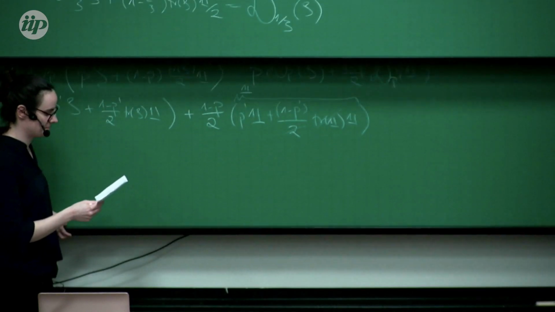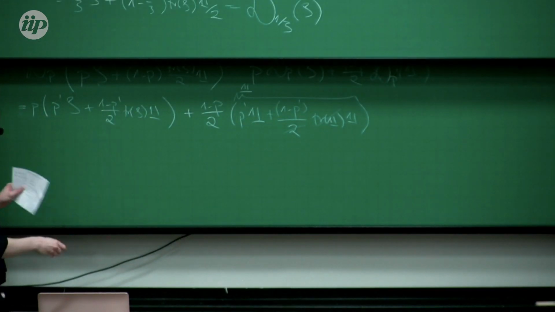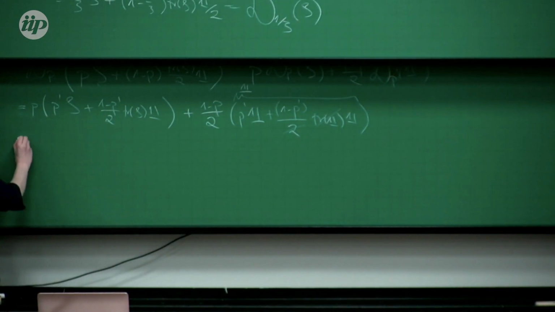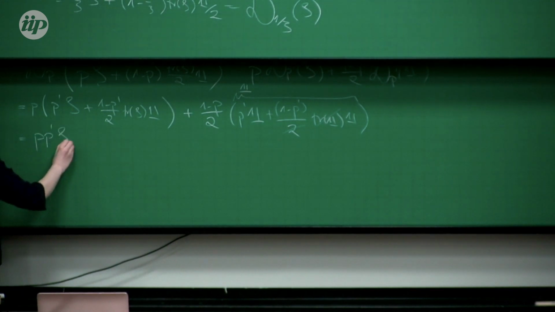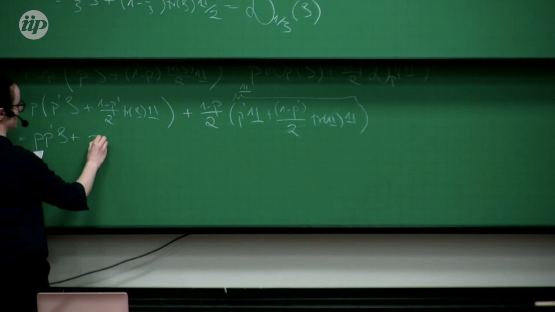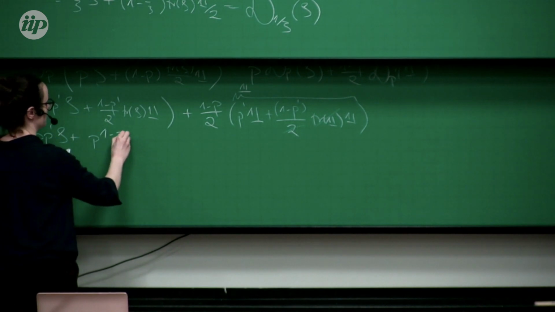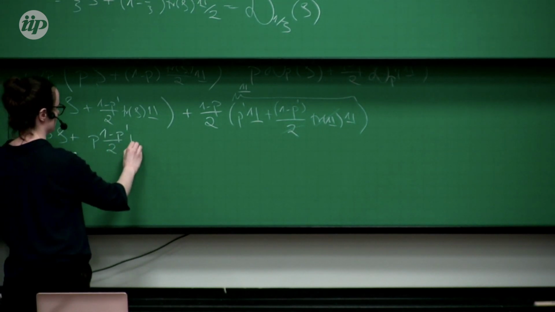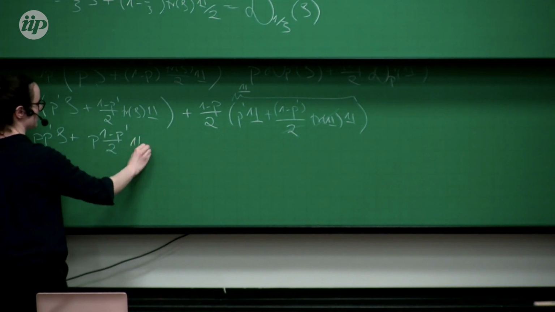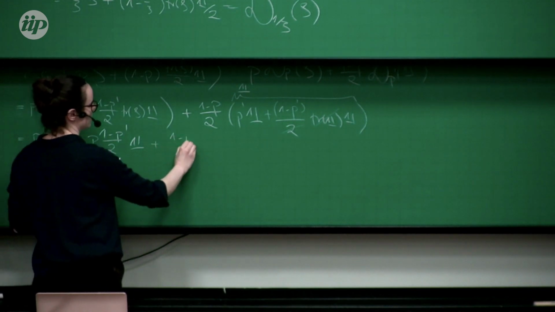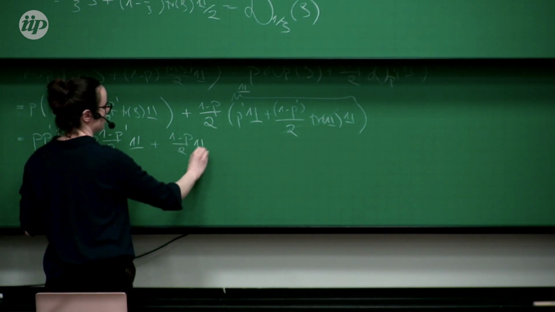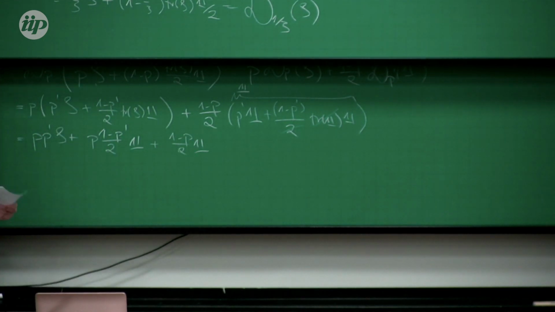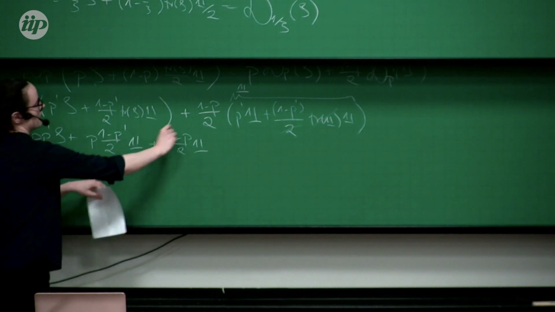Alrighty. So now we can also write out this. p prime rho plus p(1 minus p prime) divided by 2. Trace of rho is 1. I will not write that. Identity plus (1 minus p) over 2 identity. I hope you're all following because I'm not sure if I'm making a mistake. Let's see. Okay, now we can group that together.